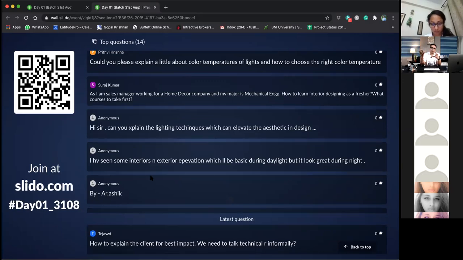Then I'm going to talk about how you can use the tools wherein you can do the designing much faster. Now, the people who are not into interiors, once we go on to day 3, you will understand how quickly you can just take that tool wherein you can get faster designing.